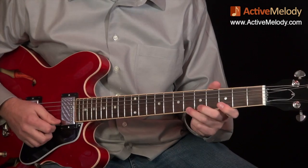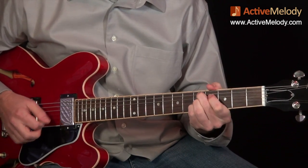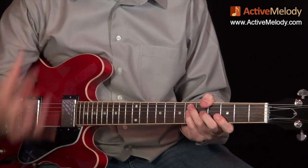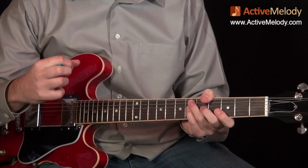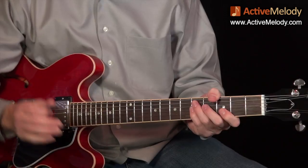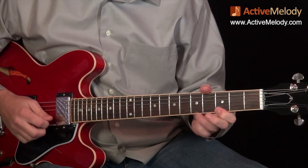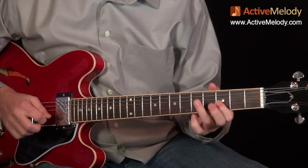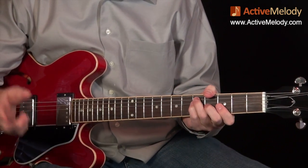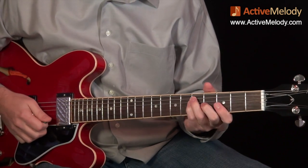Now here's what we're going to learn. It's a lot of fun to do, and the important thing to point out is when you start this lick. So when you're practicing along with a jam track, in fact, let me just play along with the jam track so you can see exactly when you come in. Alright, so listen where to start. It's right here on the 1. You'll hear it. Let me do it again just so you can hear where it starts. Okay, there's the chord before it, and then